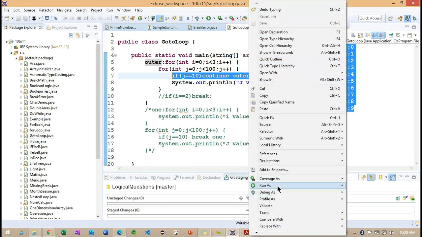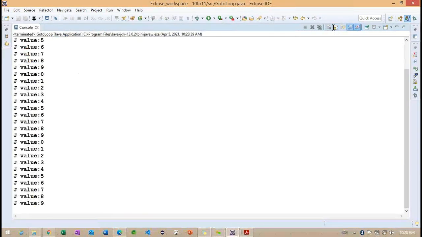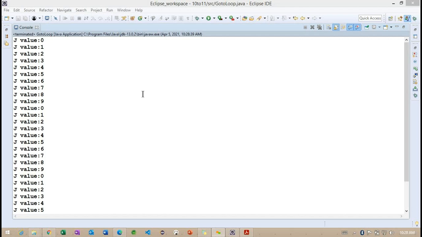Okay. Observe the simple example we want to understand here. Now you can see this time we are getting multiple values.